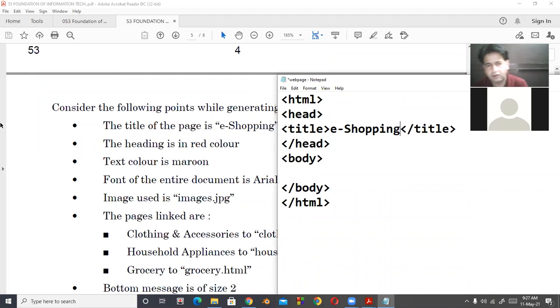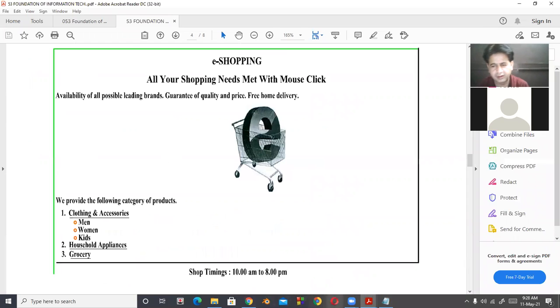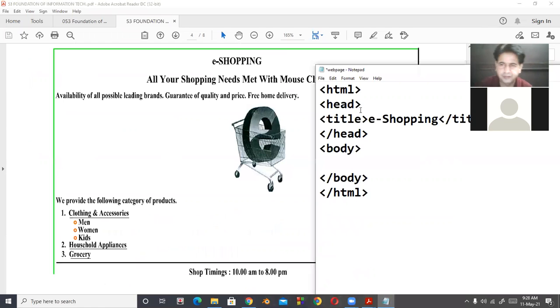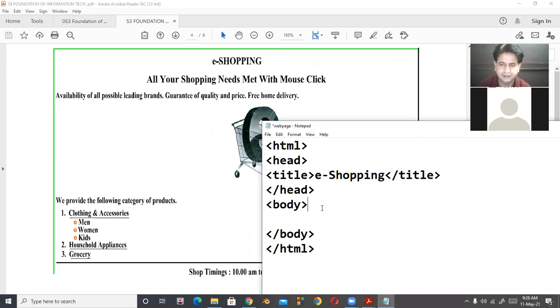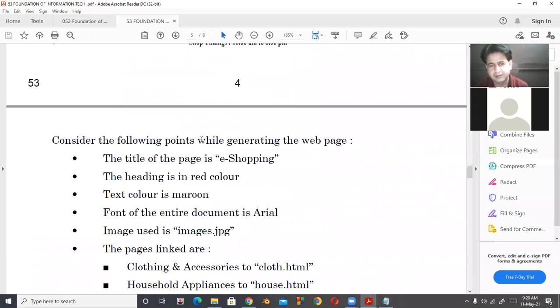The heading is in red color, text color is maroon, font of entire document is Arial, image is there, then hyperlinks, we will not apply hyperlinks, and a bottom message is there. So these are the guidelines. If the guidelines are silent, then according to the appearance, we will take the assumption. So in this, first is title, heading, and they are saying heading is in red color.